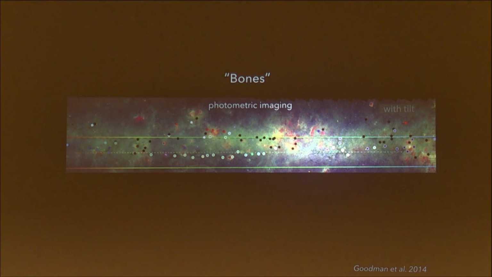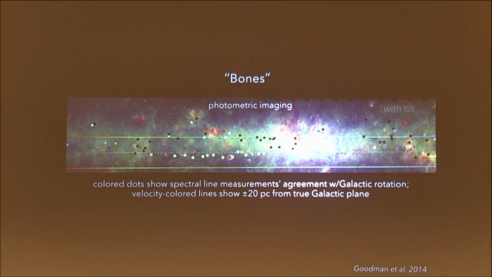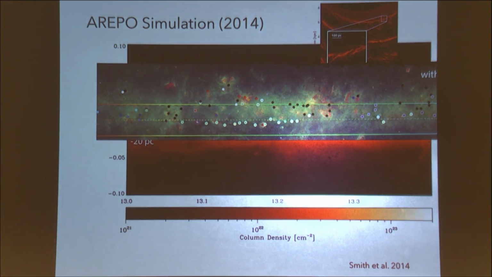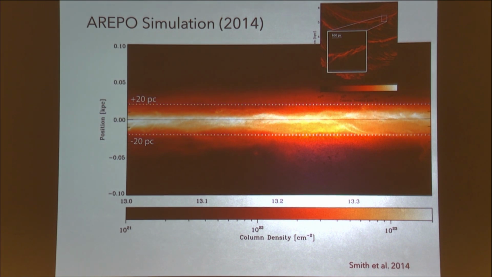Is that gas or molecular gas, or what exactly are we looking at there? I will answer that. The green that you see here is emission from dust in the mid-infrared, and the orange that you see in the simulation is simply a column density map. Okay, so this is only a comparison of plausibility of scales. This is not a detailed comparison. That's 3 papers later, which I'll get to in a minute.